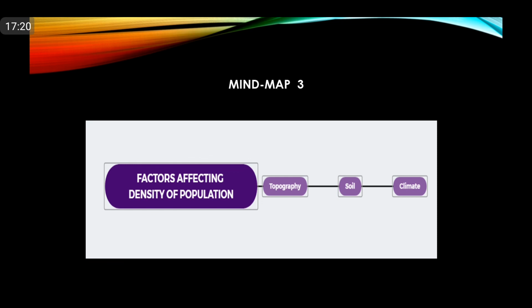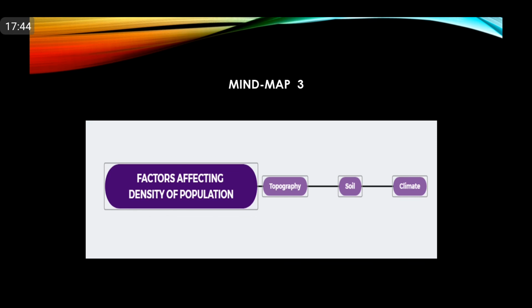As we move from the Ganga, Brahmaputra delta in the east towards the Thar desert in the west, the amount of rainfall and consequently the density of population decreases. So there is a very important relation between the amount of rainfall and the density, or simply the concentration, of population.